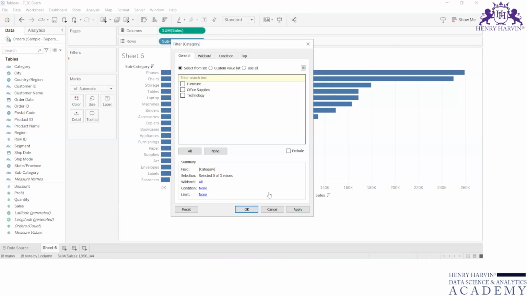Now in this page, you will have 4 options for how you want to apply this filter. You'll have general, wildcard, condition, and top. The most frequently used option is this select from the list. When is this option used? When you want to select manually. So you select this one and click on apply. If I click on apply, what will happen over here is,